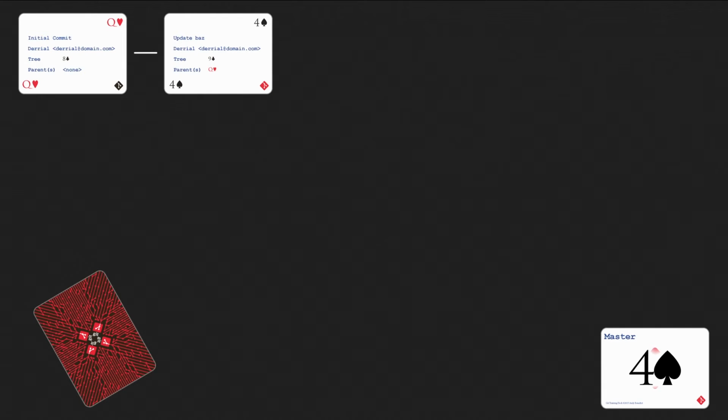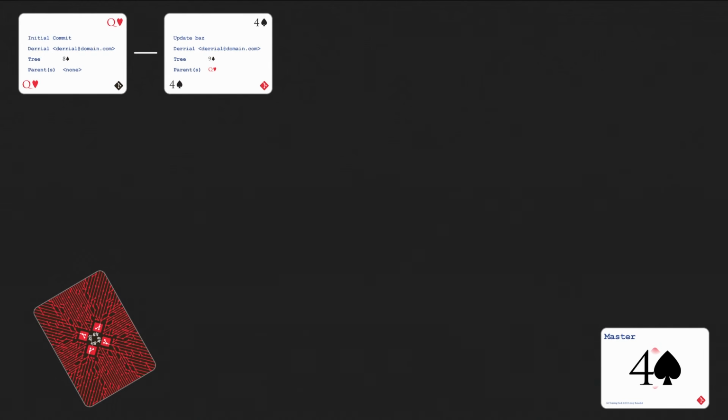Because of this simple referencing system, we can start from the head of our branch, and by reading its parent and its parent's parent and so on, we can very quickly reconstruct the history of a branch. Reconstruction of a branch is so fast and easy that Git doesn't even need to store explicit branch information. The one 40-character hash reference in the branch file is all it takes. This is what people are talking about when they say that branching in Git is very cheap. Creating a branch only adds 41 bytes to your total repo size.